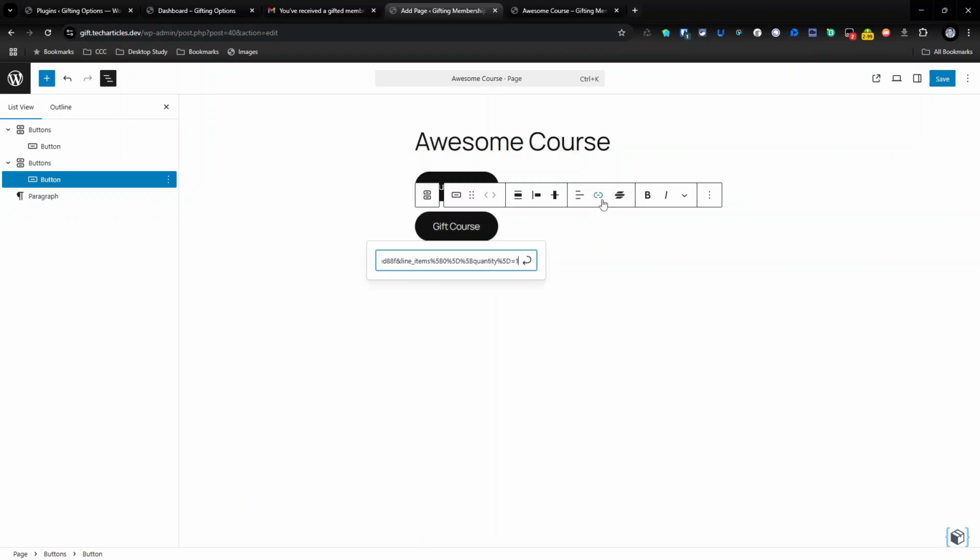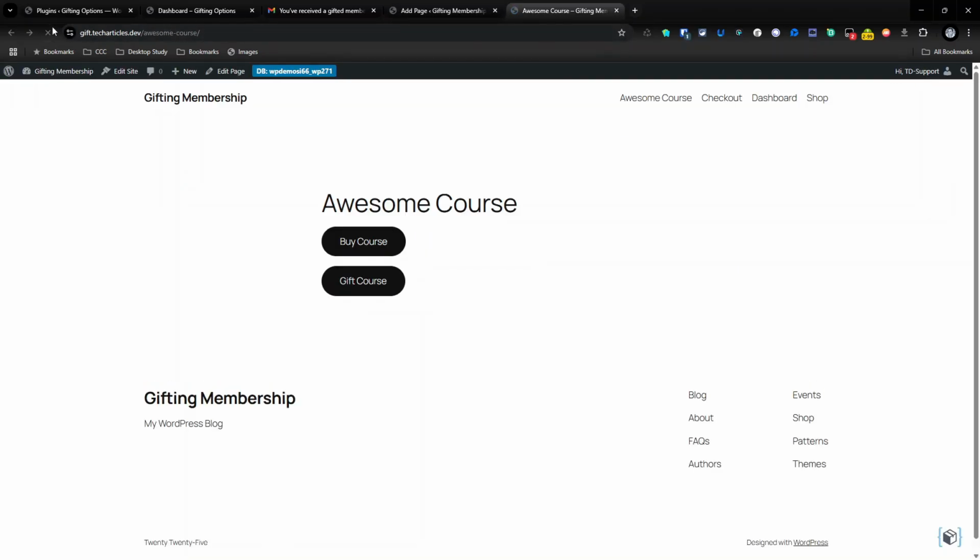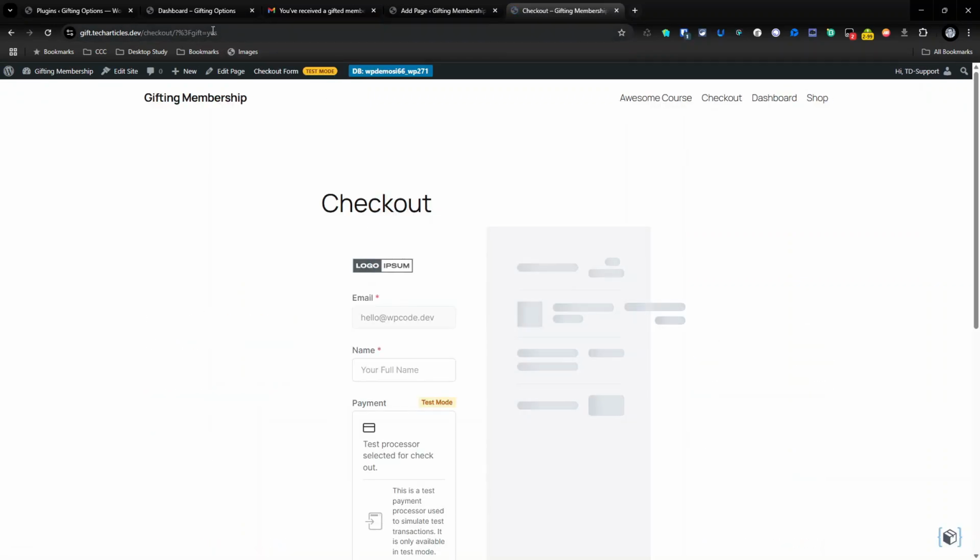We're going to paste in that link. We're going to do an ampersand. We're going to do a question mark. We're going to write gift equals yes. And now we know it's a gifted course. We're going to push enter, and we now have that link. So that's done. We're going to reload this page, and all being well, we should now get a gift equals